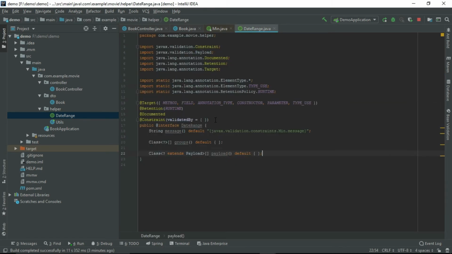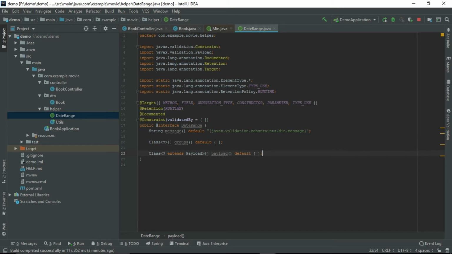These fields are common for all annotations. The first one is the target, for which one we are creating the annotation. This annotation can be applied for a method, field, annotation type, even the constructor and parameter. In case you are going to use it only for the field, you can just keep the field and remove the other things. So I'm just keeping it with the default.